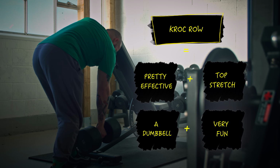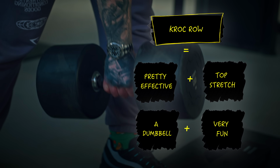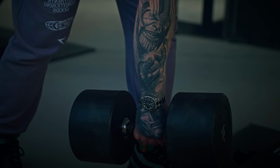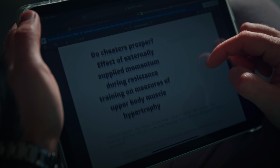All you need is a dumbbell, but the most important reason, at least in my opinion, why you should try it, it can be very fun. You can use a shit ton of weight. People back in the day even went to the extent of making their own dumbbells to do this exercise because they could lift so much weight. And yes, that may not be as time efficient as being able to use lighter loads, but it can be a ton of fun. You can use a bit of external momentum, as we've seen with the latest study